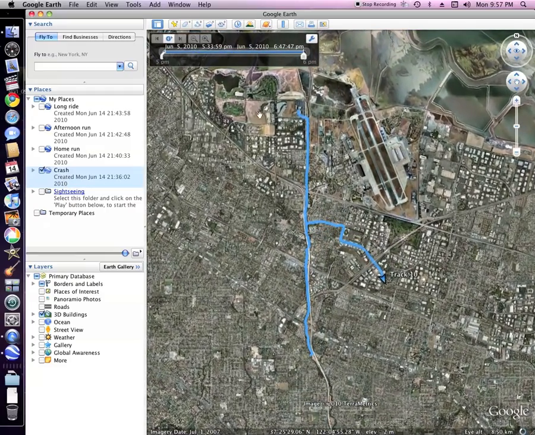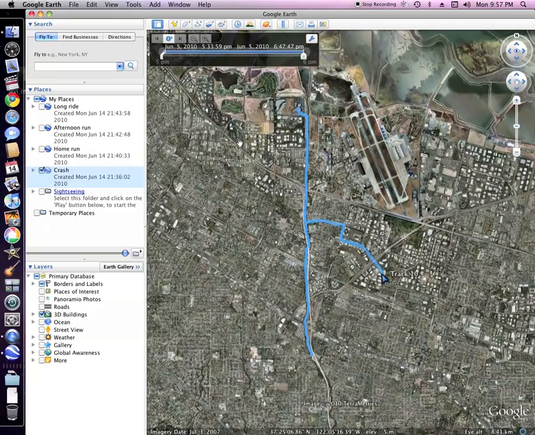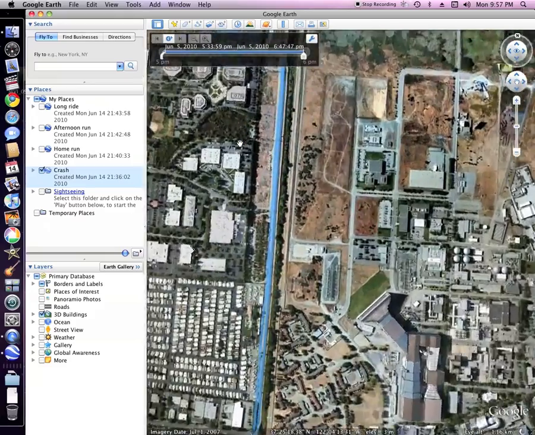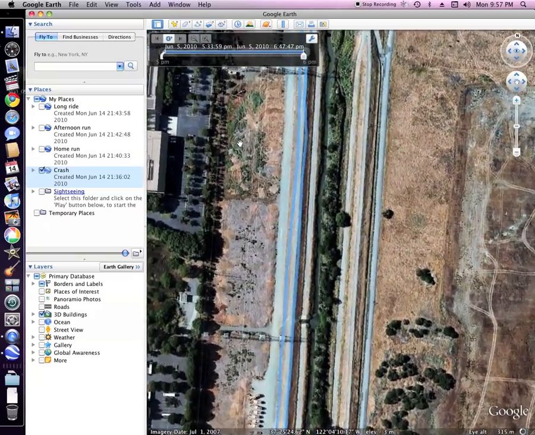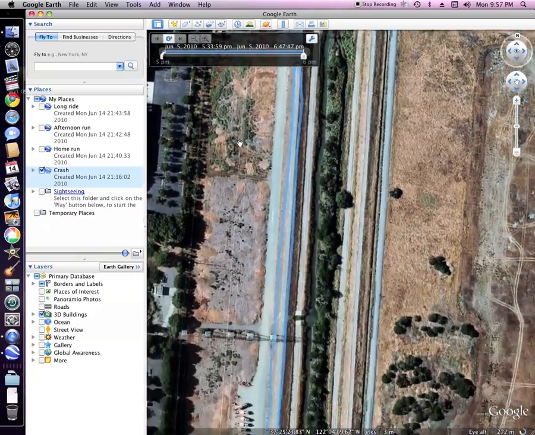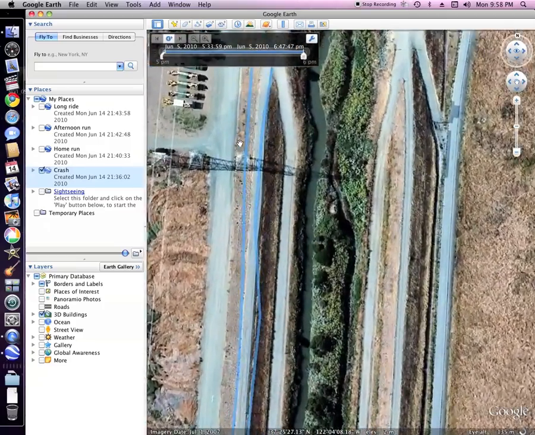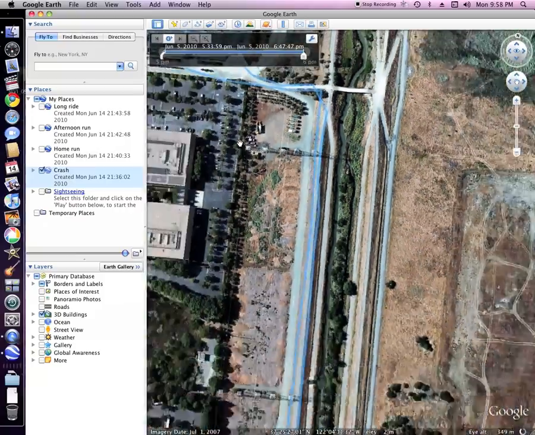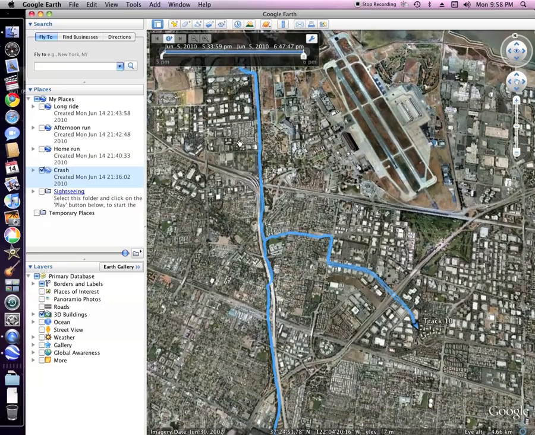But anyway, I was not exactly sure where I crashed, because when I initially uploaded this to my maps, I knew that I crashed somewhere along here, but the path of the GPS was just a little too smooth that I wasn't sure, like, is it this jaggedy thing here or this jaggedy thing here where I actually fell. But then I realized that I could import it into Google Earth, and I played it back,